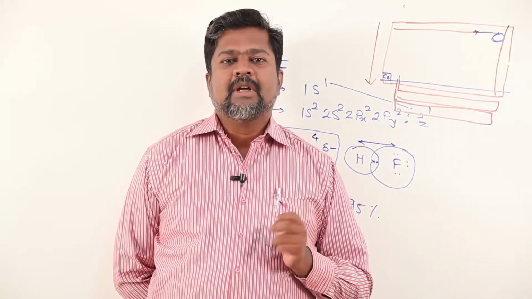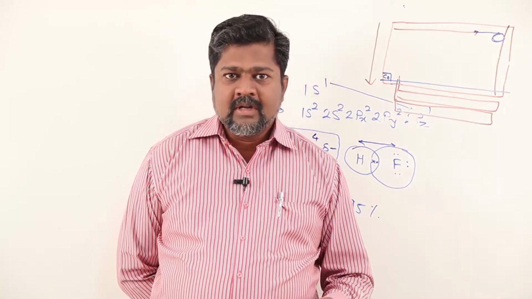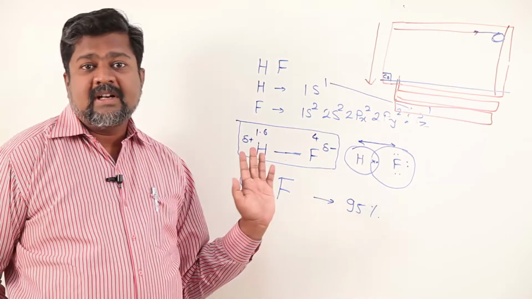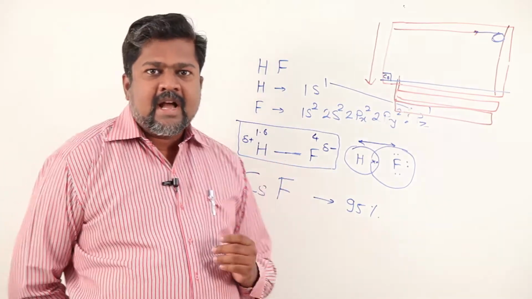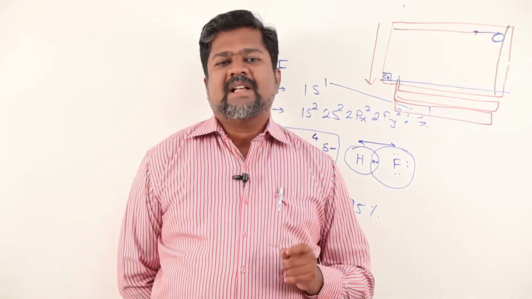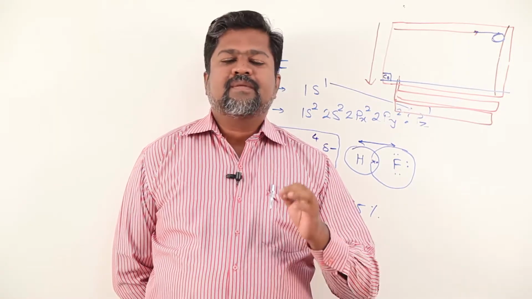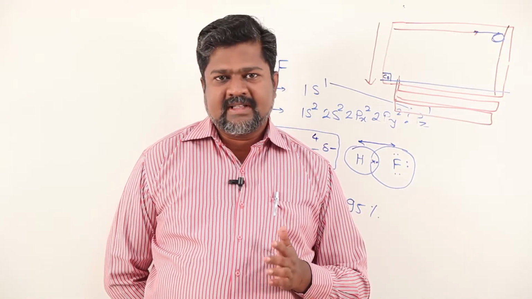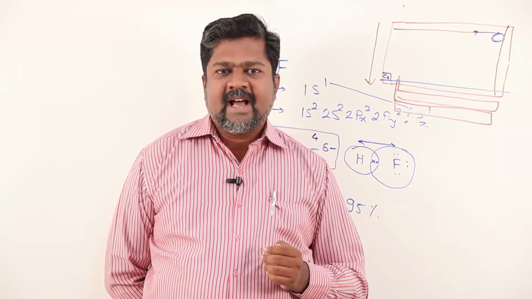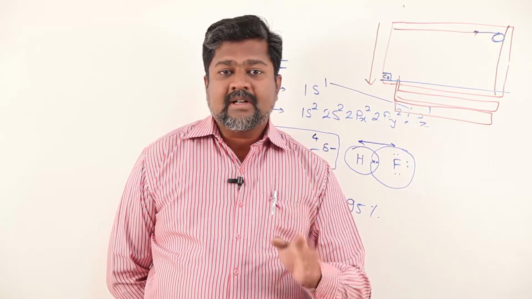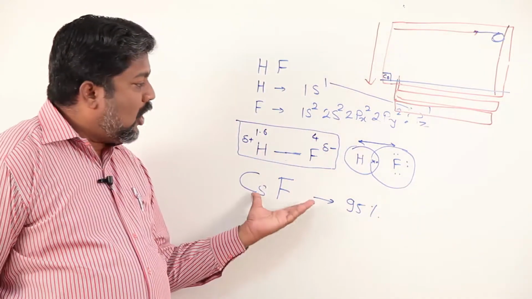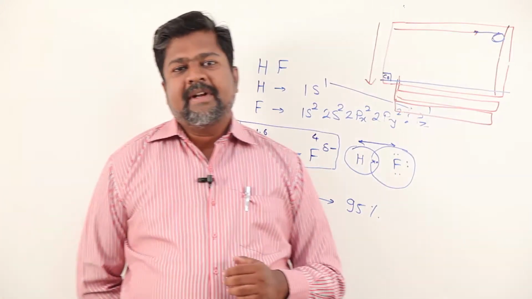The percentage of ionic character is important. So here that percentage of ionic character is calculated, that is, this is 95% ionic character. Getting idea? And so now you can change the concept that when we are calling any compound an ionic compound, we should keep in mind if 50% plus ionic character is there, then we are calling that an ionic compound. If less than 50% ionic character is there, we are calling that a covalent compound only, but showing ionic character. Getting idea? So this is all possible because of this electronegativity data.